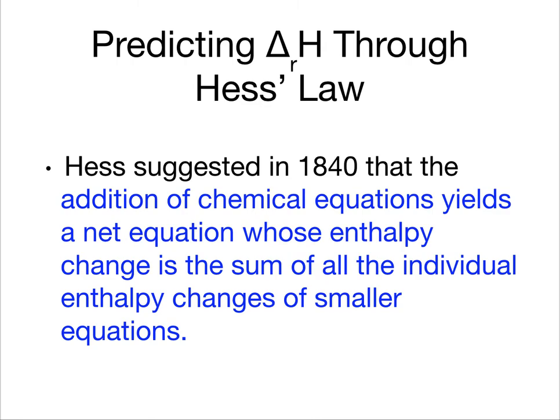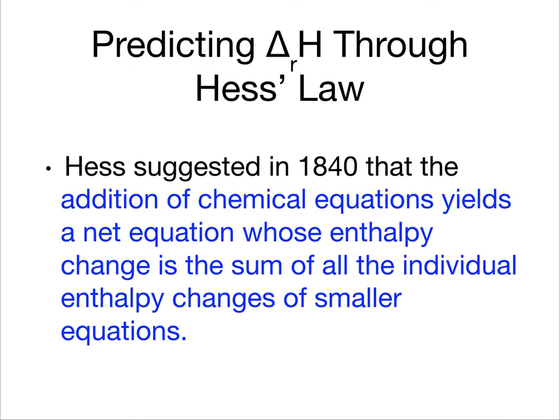And Hess suggested that, well, if we can do a couple of different reactions to get to the same place chemically, that must also mean we can do the same thing thermodynamically. If we add all of the chemical reactions that are intermediary steps together, we will get the same enthalpy